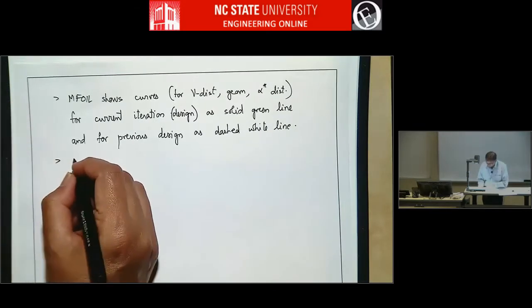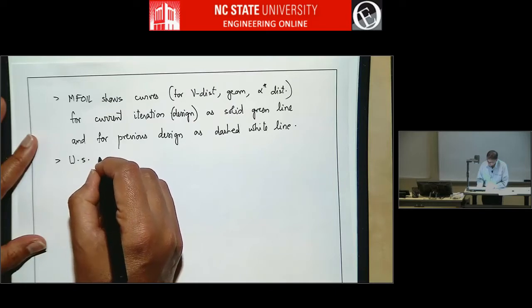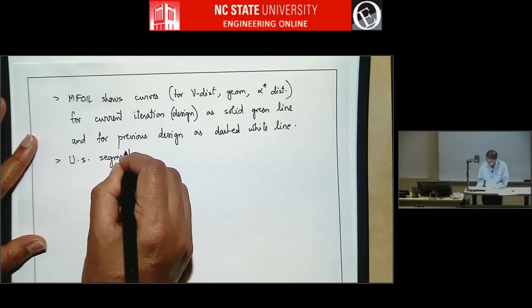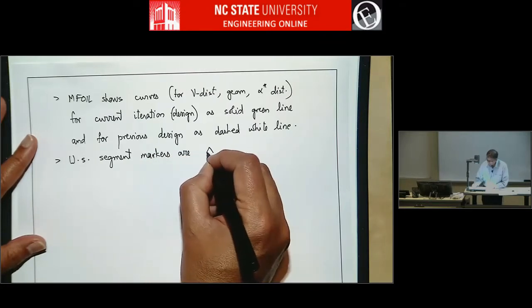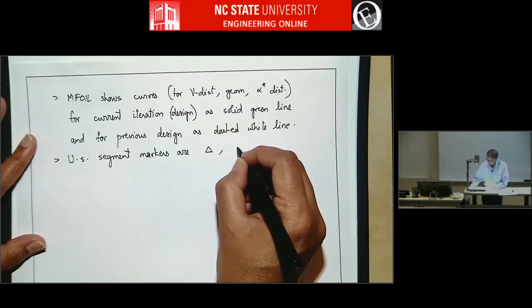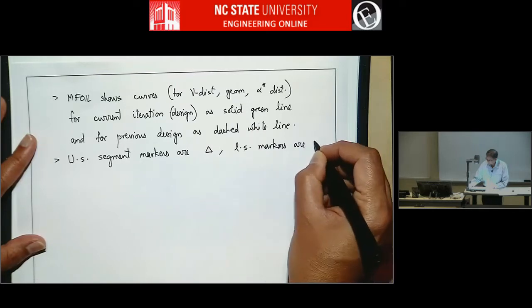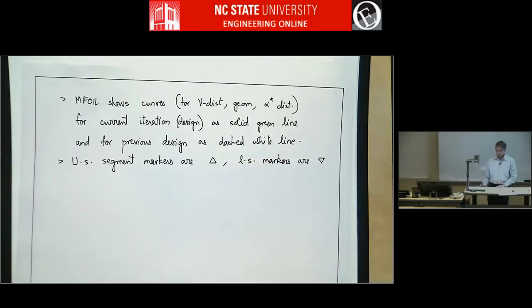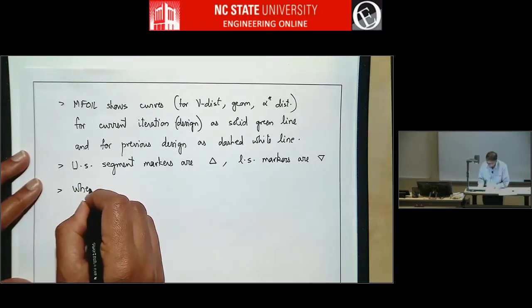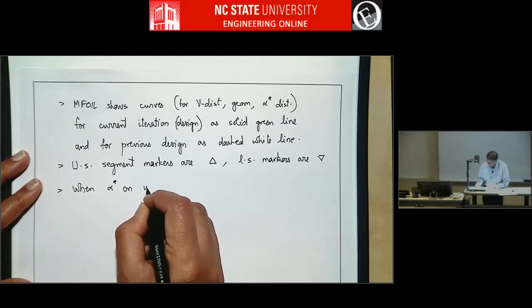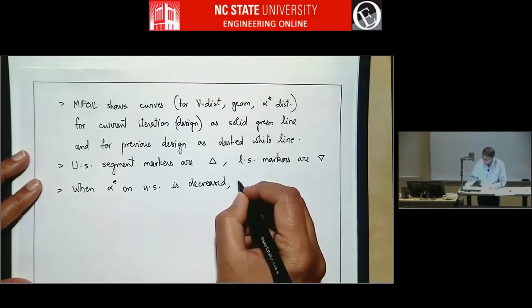And upper surface segment markers are upward facing triangles, and lower surface markers are downward facing triangles. And then the other thing we saw is when alpha star on the upper surface is decreased, the airfoil